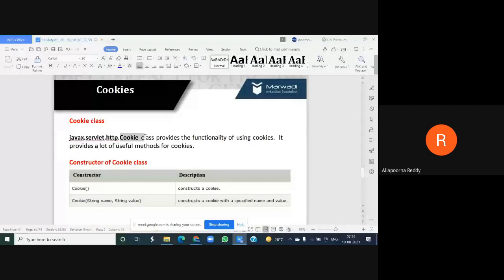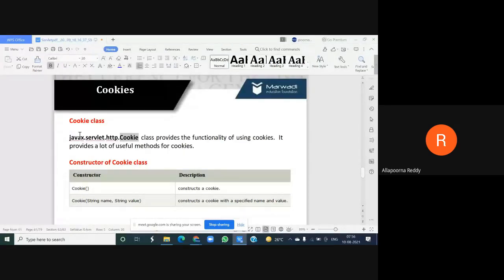So it provides the functionalities of using cookies. And this class provides different useful methods, not simply unknown methods.